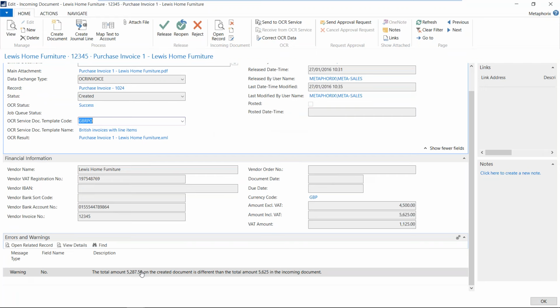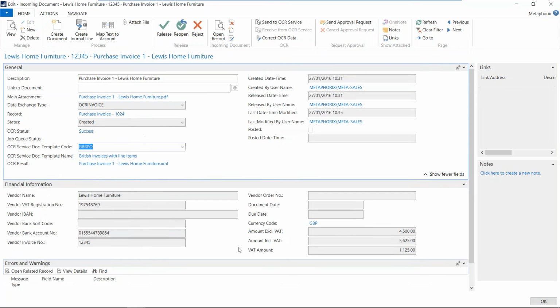In this case, it's warning me about the amount being different. So the amount that is created on the invoice was different to the scan. In this case, I know that's because the VAT is set up slightly differently now to what was on the purchase invoice. But any errors you can check there and find out what may have gone wrong and then correct it. But this has created the purchase invoice for me, and there's a link directly to the invoice there,